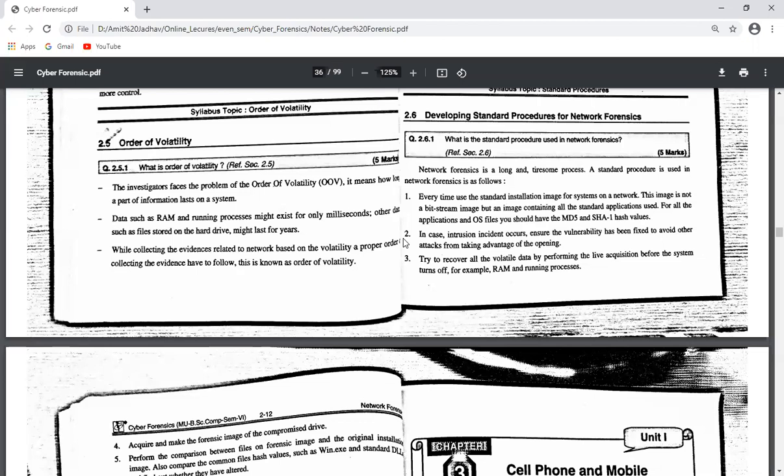So order of volatility, the investigator faces the problem of the order of volatility. It means how long a piece of information lasts on a system. We maintain the order of volatility because the data is very sensitive, and if the PC turns off, we can't get that data. So it gives the priority. Data such as the RAM and